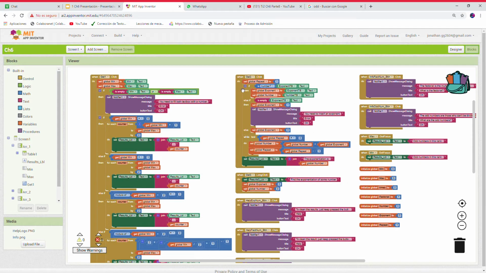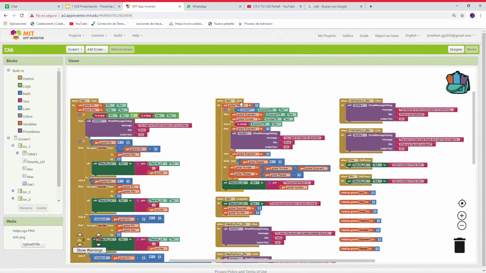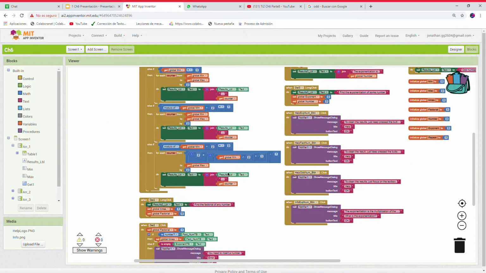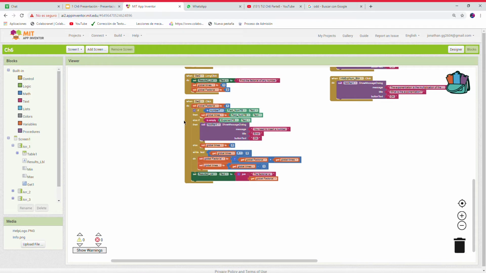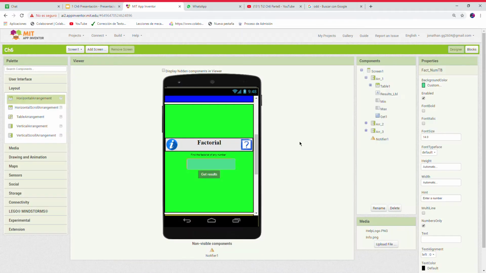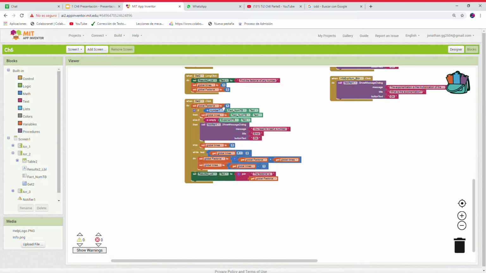Here's the block part. If I click on this button, as you can see, it sets the global factorial value to 1, and it reads the factorial number text box and identifies if it is a number or